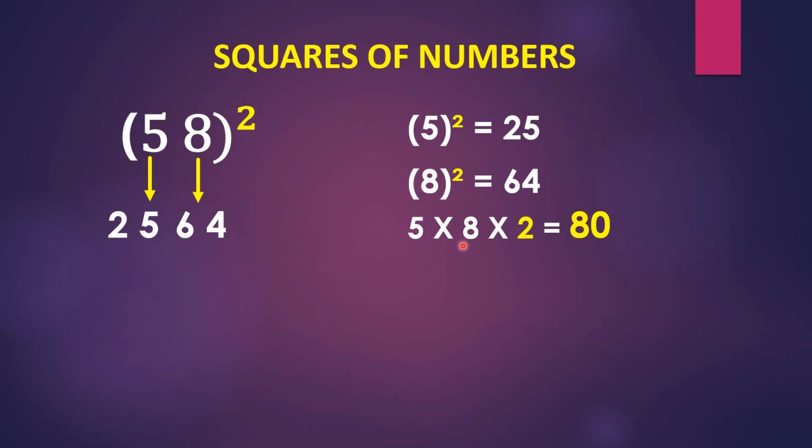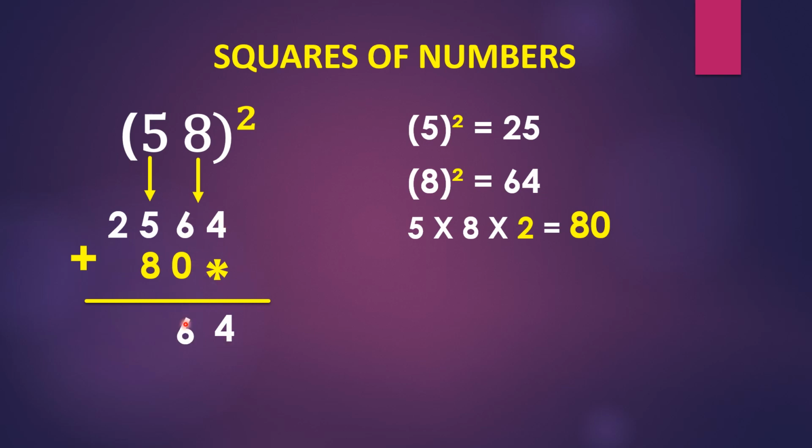Always ensure that, if possible, you get 0, so the multiplication becomes easy. Now 2, 5, 6, 4, and here we got it to be 80. So now you add this 80 to this number in such a manner, leaving the first digit. Leave the units place and add 80. So how much is it? 4 plus this. There is no number, so it will be 4.